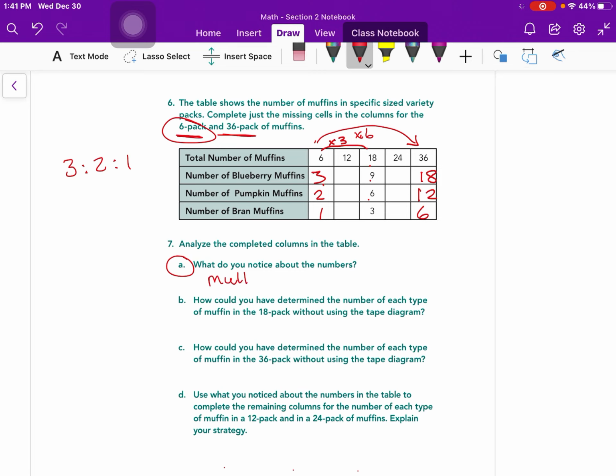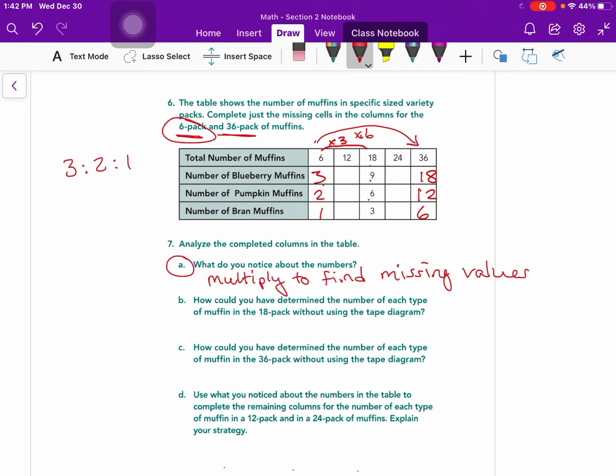I can multiply to find missing values. Okay. B, how could you have determined the number of each type of muffins in the 18 pack without